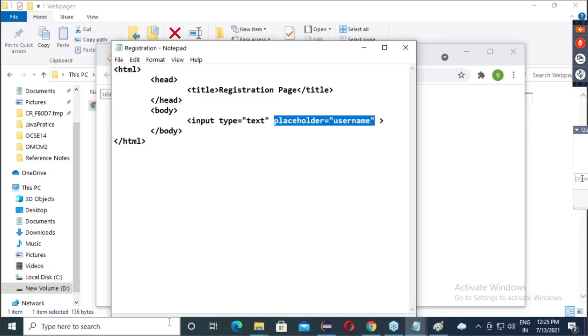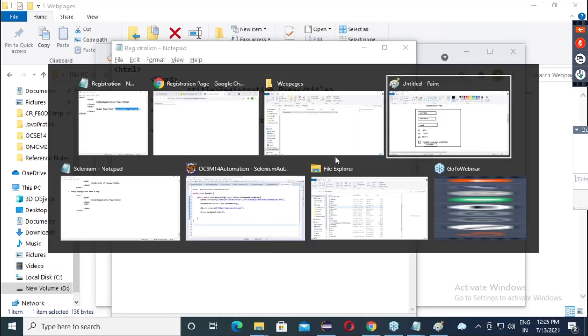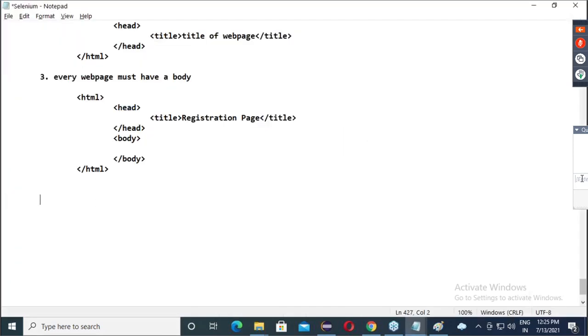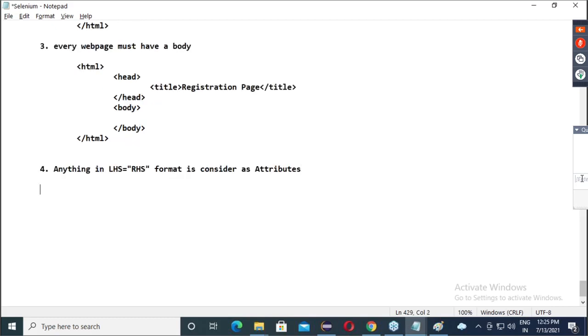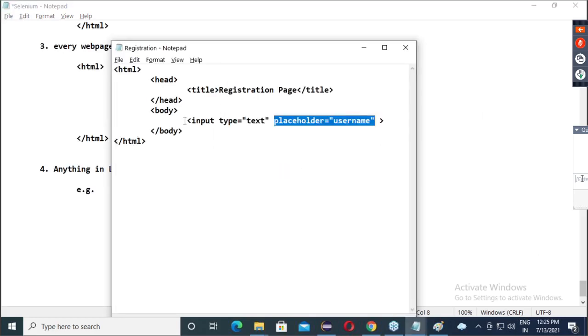So now guys, here we will say rule number 4. Anything in LHS equals to RHS format is considered as attributes. For example, we will say this.